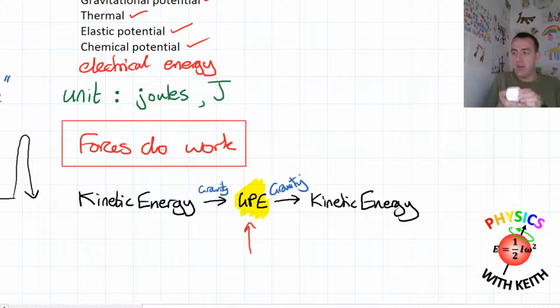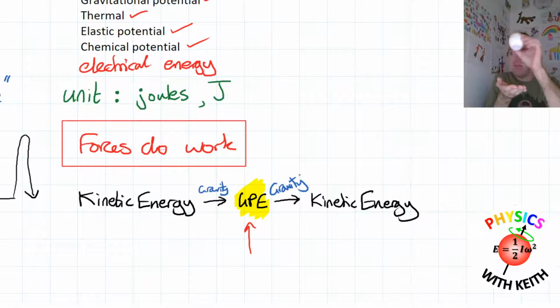So the person threw the ball in the air, it went up, it slowed down, it stopped. It's got no kinetic energy now, it's all gravitational potential energy. It falls, gravity's making it fall, it's getting faster and faster, so it's gaining kinetic energy, and then it touches the hand, and then where's the kinetic energy go? Where's it gone? What's happened? Kinetic energy, where's it gone?